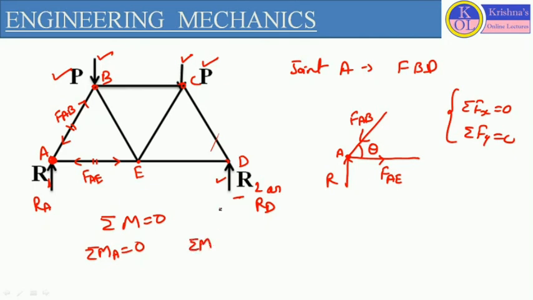Suppose we use point D: if we consider summation of moment about point D equals 0, at this point we will consider moment 0. At this point we will not consider any load because the distance is 0. The force multiplied by distance, because distance is 0, gives a total moment of 0 at this point. So here we will define the reaction at the other point, that is point A. Similarly, similar to the previous case, we will use the external forces which are applicable at the other point.